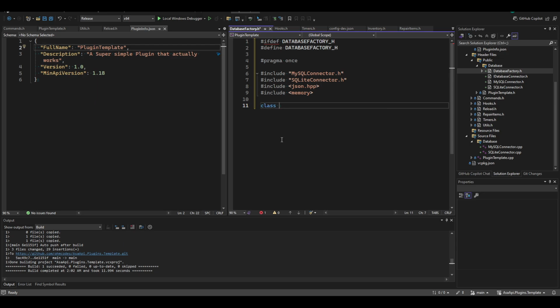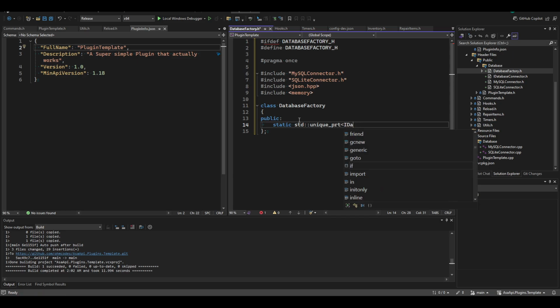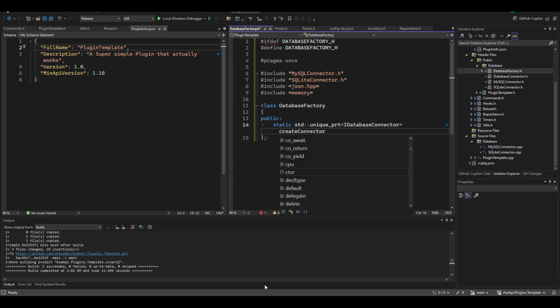Then now we're gonna create class DatabaseFactory, open and close bracket. You are a C++ developer, so you need to do this: public, static, so that you can use it without a unique pointer. DatabaseConnector, this is the class. We should start with creating the other one, but anyway, we already started here. Connector,